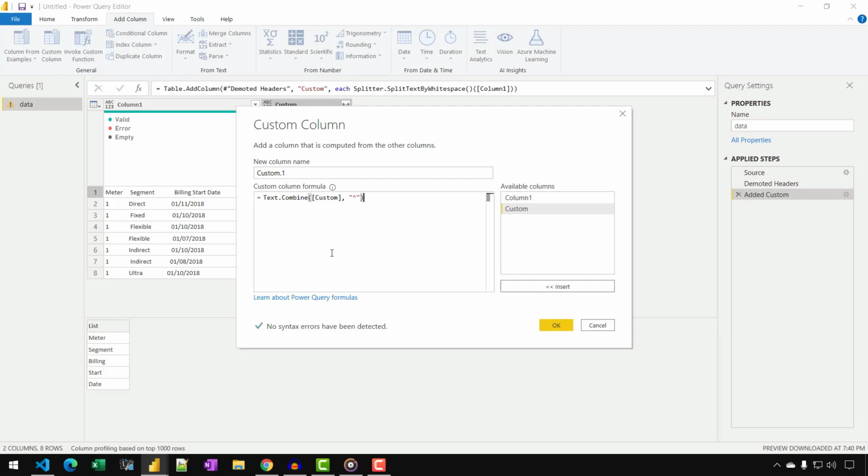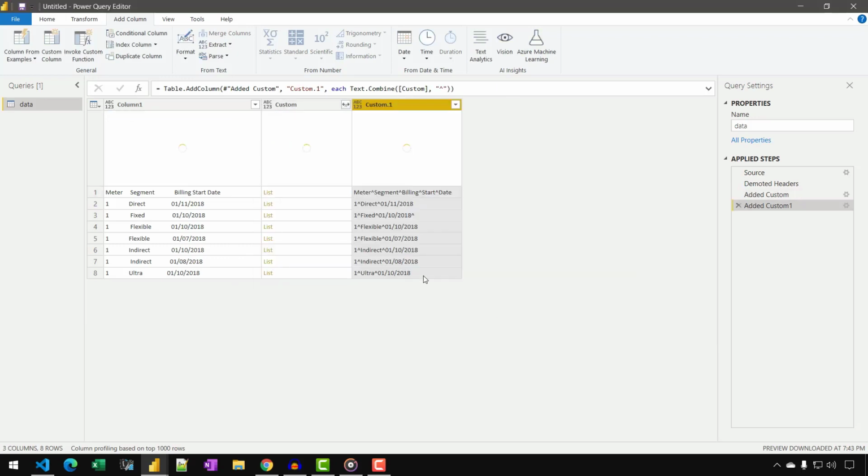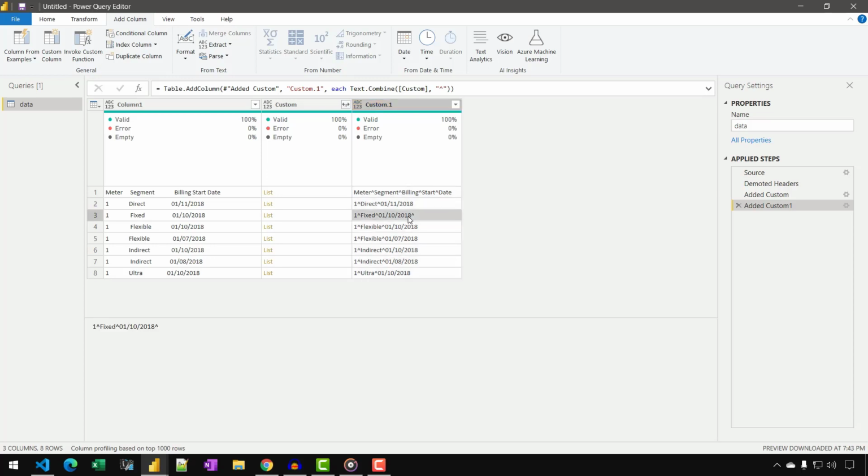You can use any delimiter as long as it doesn't conflict with any existing delimiter in your string. In this case I cannot use a backslash because otherwise it would split the dates as well in the end. So I need to use something that will not cause any issue. As you can see, we have received a concatenated string with our delimiter in between. But if you pay attention to the third row, we have an extra delimiter at the end as well.